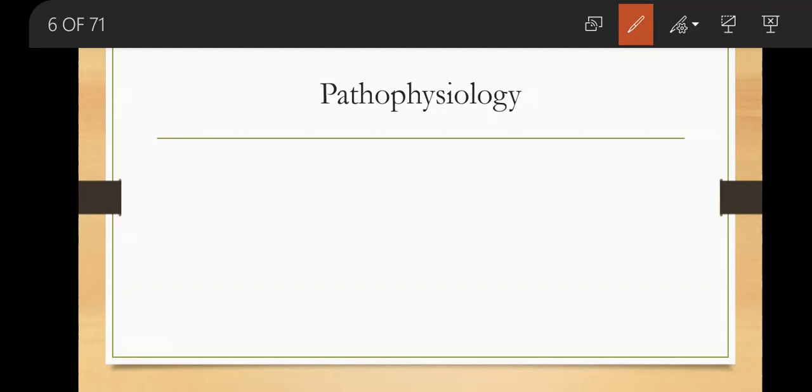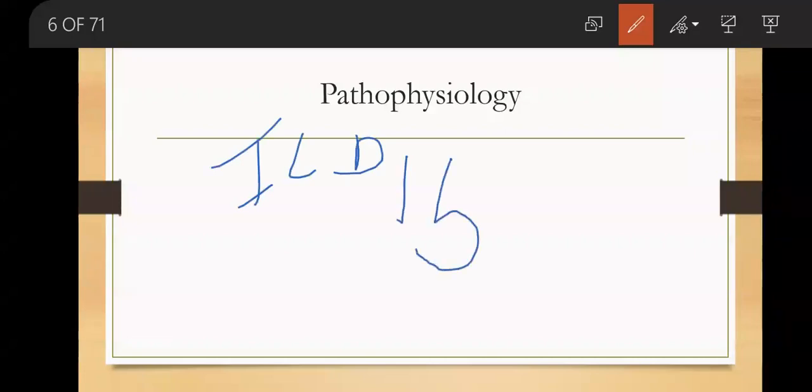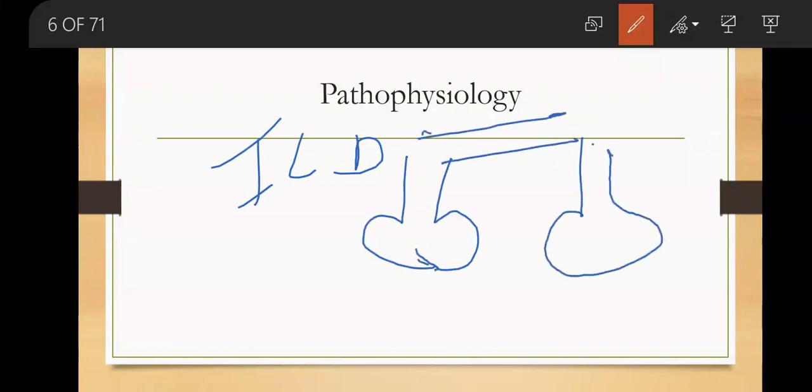In case of intrinsic lung diseases, between the alveoli, so intrinsic lung diseases are characterized sometimes by diffuse parenchymal